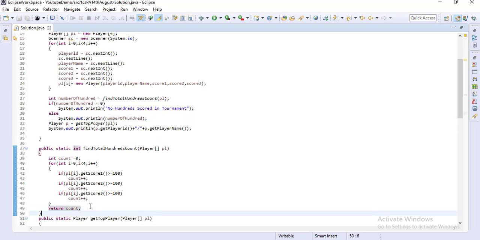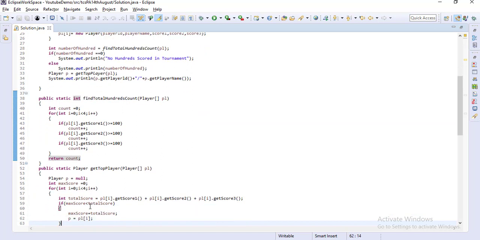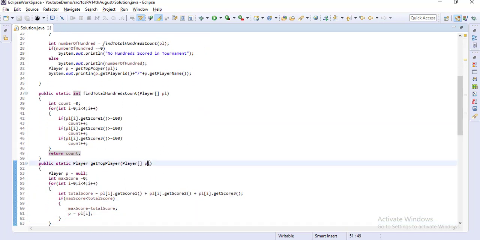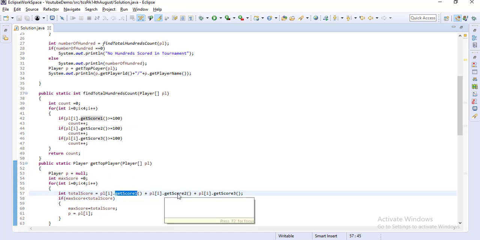For the second method, it also takes the player array, and here you have to check who has scored the maximum. Every player has three scores: score 1, score 2 and score 3. We call those attribute values and add score 1, score 2 and score 3, which is the total score.